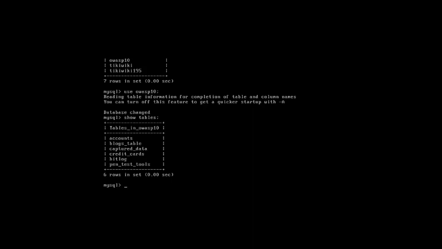Further, to check a particular table, we can use the select command. To select all the rows inside a particular table, we can use the command select star from table name. So suppose now we want to check the table accounts.